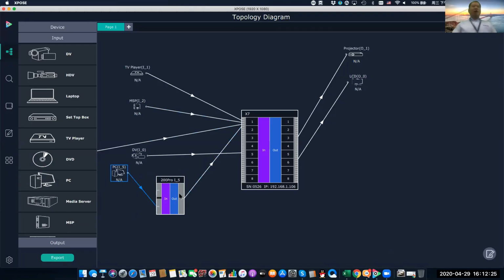This is an example. In this input device, we already designed the 200 Pro, for example. And this 200 Pro